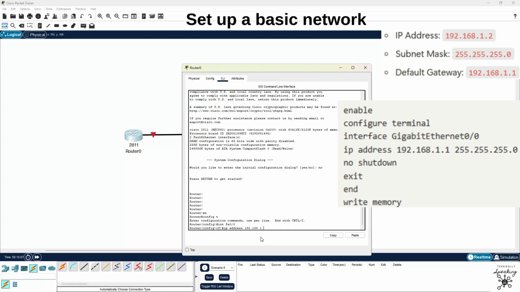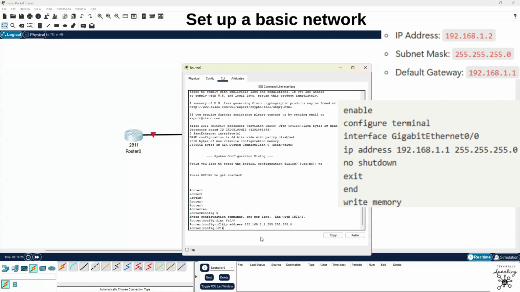And what do we say to the PC? 192.168.1.1. You must push space and add a subnet mask, which is the same thing, 255.255.255.0. Okay. And then enter. So we assigned it the IP address, we assigned it the subnet mask.